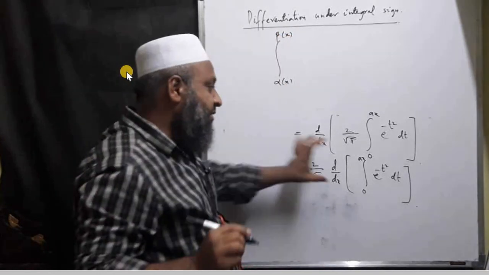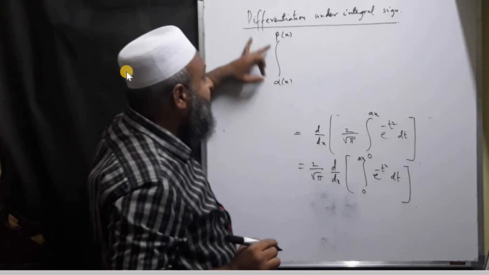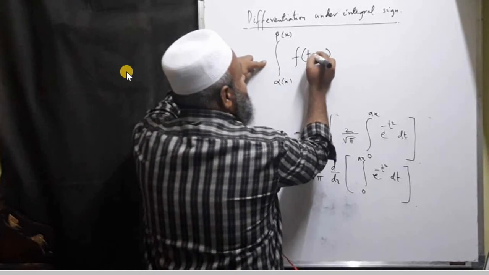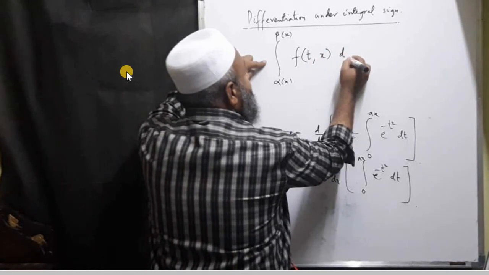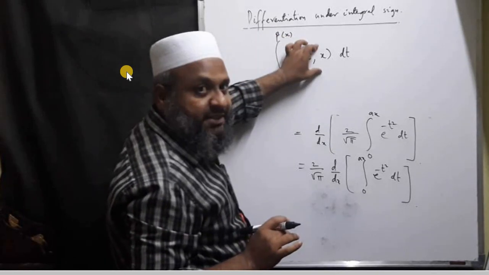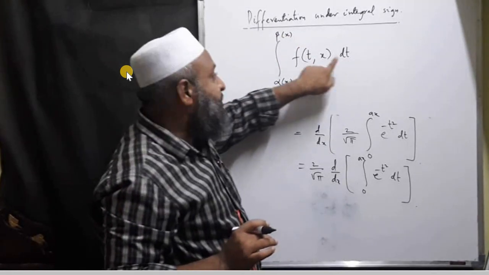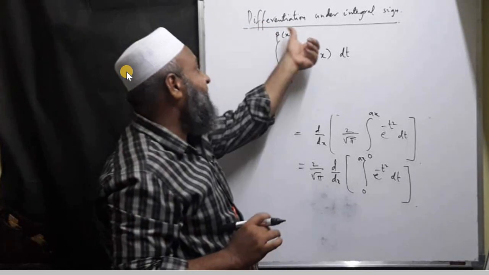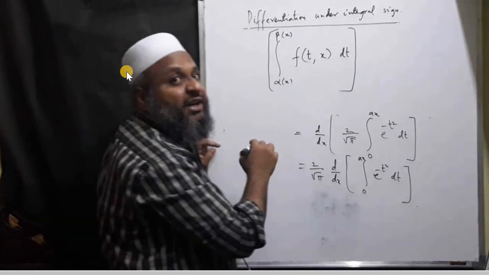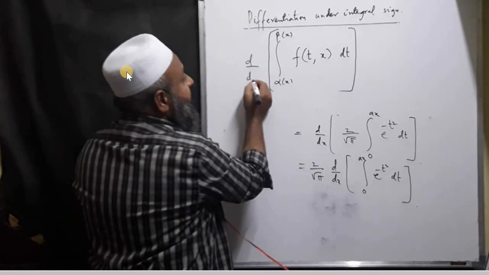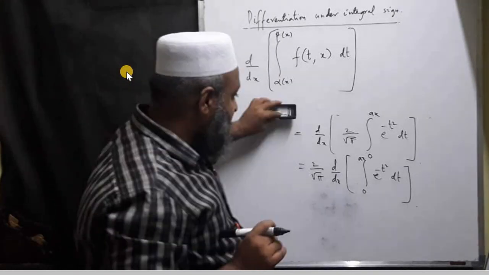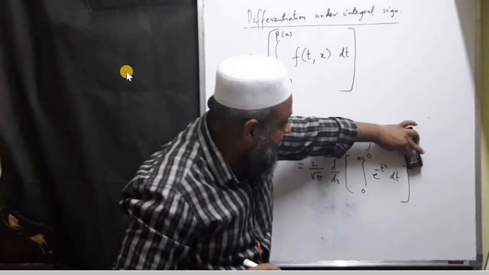I mean to say the limits of the integral are functions of x, and you have a function in terms of two variables t and x, and you are doing the integration with respect to t. Carefully see, this is a function of two variables, integration is done with respect to t, so t is replaced with the limits, and finally this is going to become a function of only x. So d by dx of this makes sense. Now what is this value? This value is obtained like this.